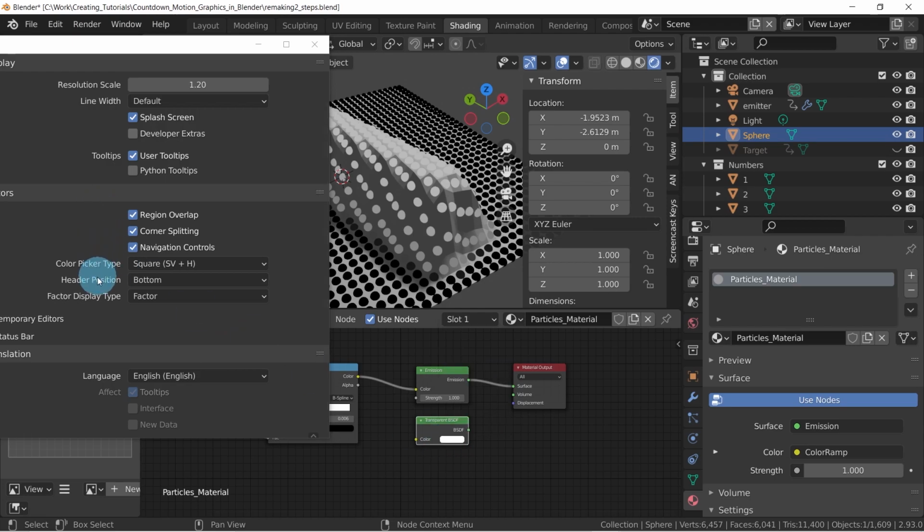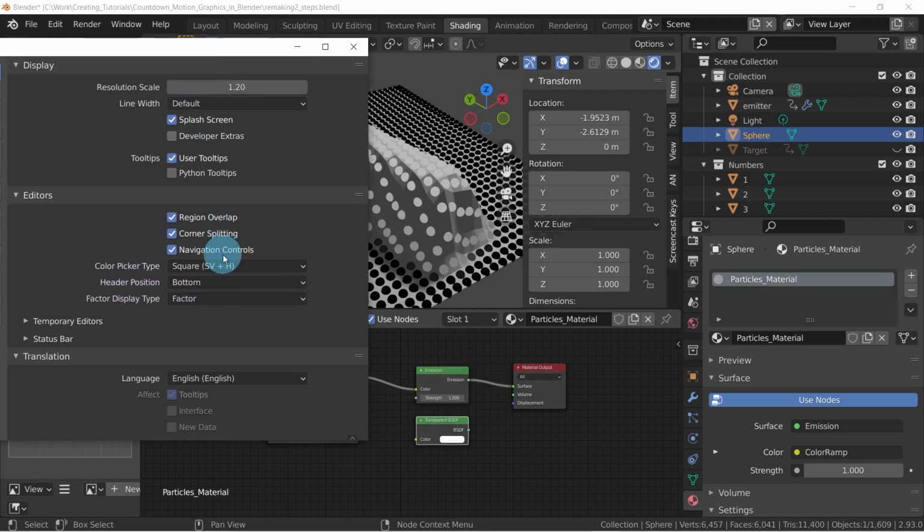Okay, and now I know why all my headers are going on the bottom. When did I change that? I don't actually remember doing that. Anyways,